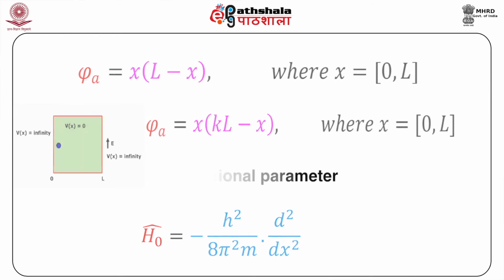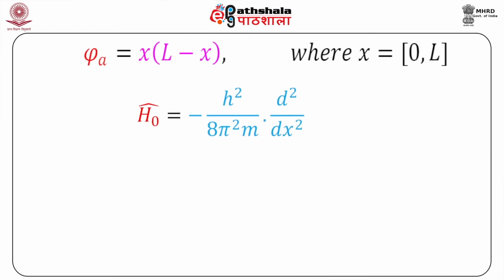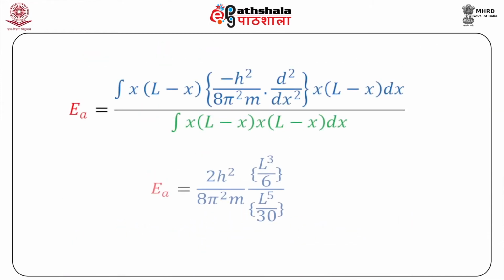Substituting the trial function as given in equation 3 and the Hamiltonian from equation 4 into equation 1 to calculate the approximate energy gives equation 5, where in the numerator we have the integral of x into L minus x into minus h square upon 8 pi square m into d square by dx square into x into L minus x into dx, upon, in the denominator, the integral of x into L minus x into x into L minus x dx, which on integration gives